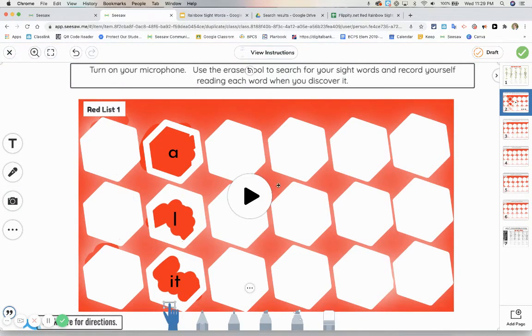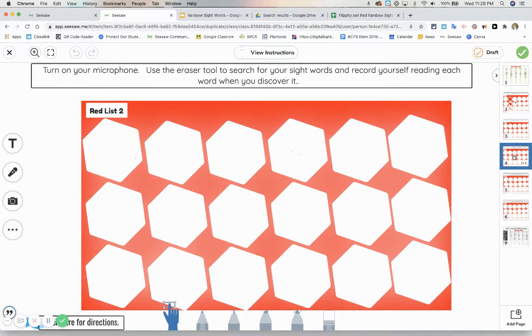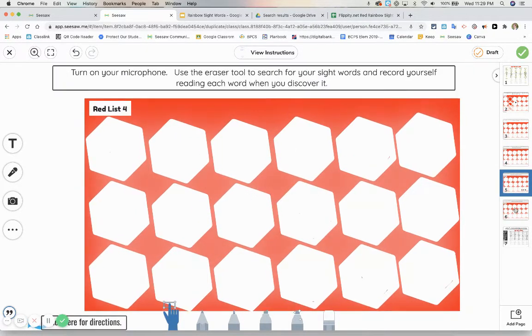That recording gets saved, so when they turn it in, the teacher can listen to the recording and it will show the pages all covered up. As each word is uncovered, the student would be reading it out loud. Those are what I considered practice pages. At the end of the week, after they've practiced for